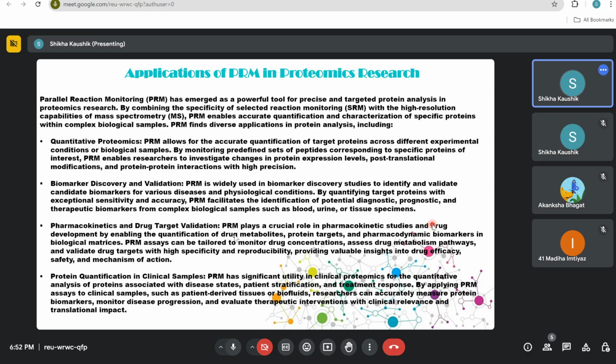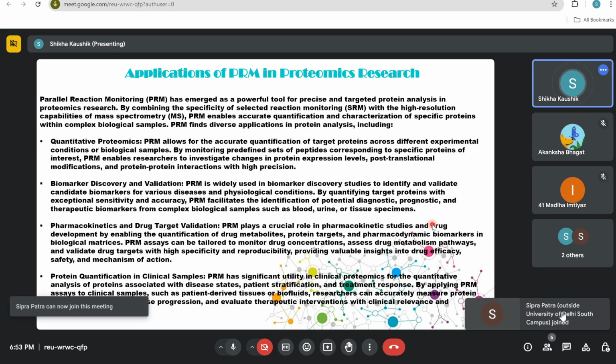But here you are selecting your precursor and then you are studying that precursor in detail. So accuracy थोड़ी high है, quantification correctly है, characterization of protein ज़्यादा अच्छे से होता है, and इसी वजह से PRM की diverse applications है।